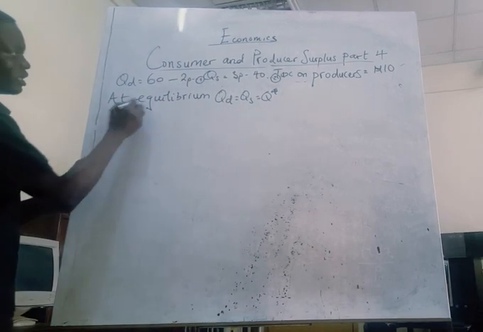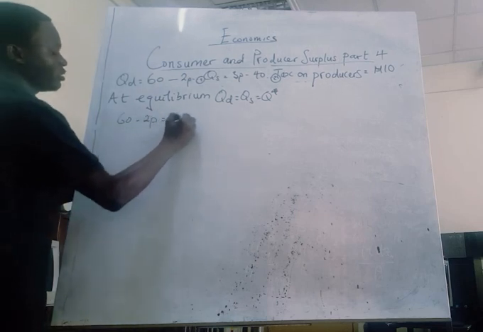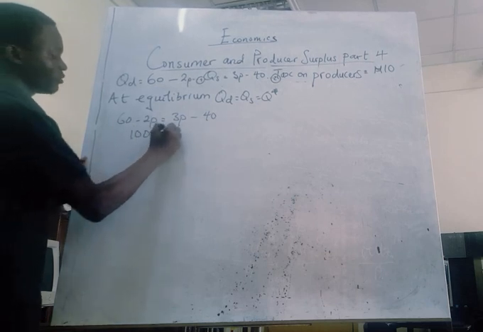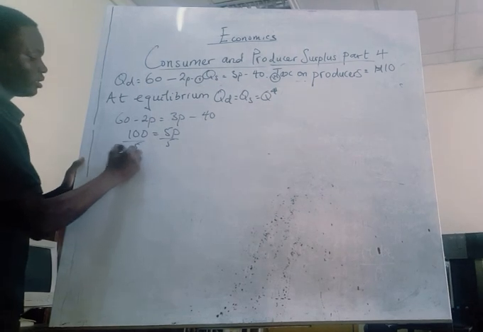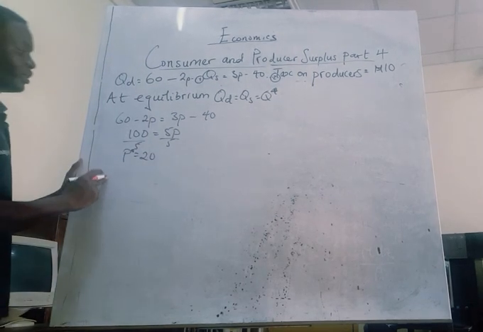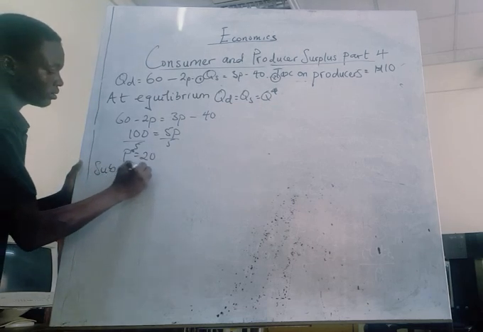So what do we do now? 60 minus 2p equals 3p minus 40. We collect like terms and then we have 100 equals 5p. Divide through by 5 and then we have p as 20. So this is the p at equilibrium. We call it p star. Okay, so substitute p star equals 20